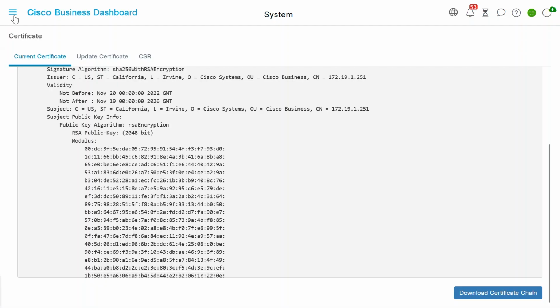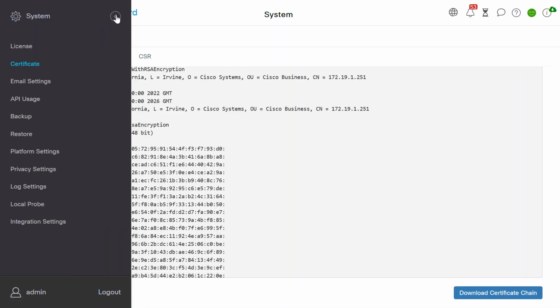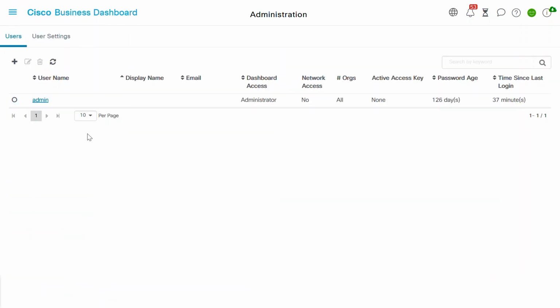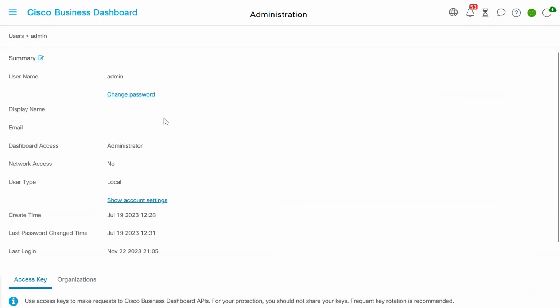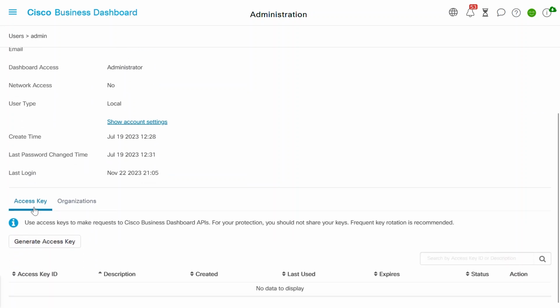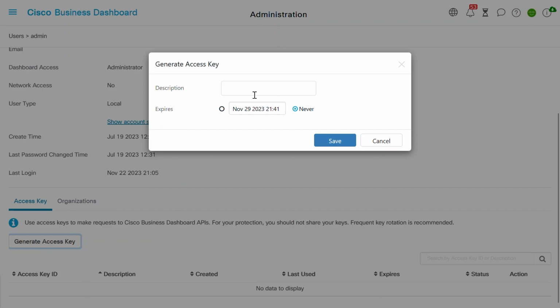To get the access key ID, navigate to the Administration menu in your CBD UI and then click on Users. Then, select the admin users. Scroll down to the Access Key tab. Click on the Generate Access Key button. Enter a description in the field provided. For this example, I'll enter